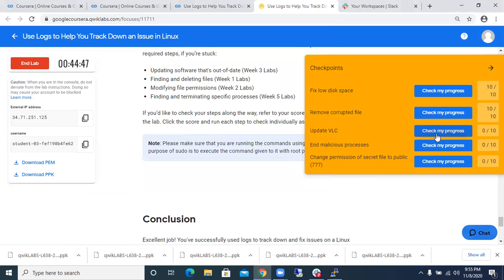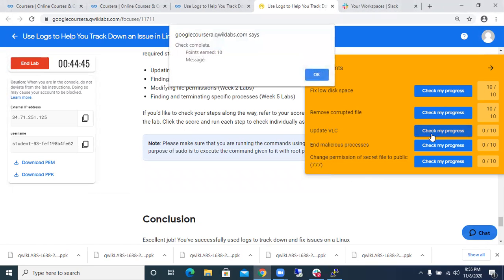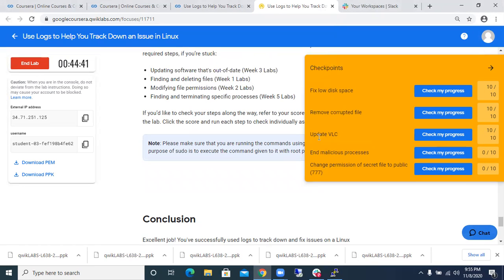Okay, let's go ahead and check our progress. Check progress, and we earn 10 points. Okay, all right, let's go ahead and finish. So there is a malicious process inside our computer, and we want to end that malicious process. Okay, so to end that, we'll go back